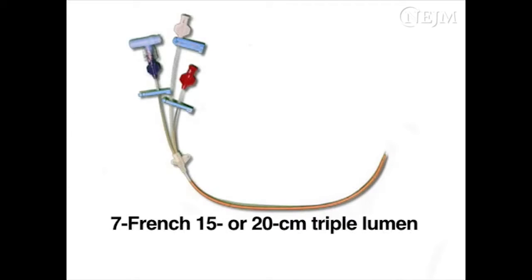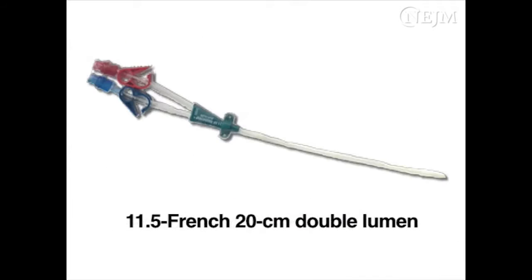There are numerous types of central venous catheters to choose from. 7 French triple lumen catheters of either 15 or 20 centimeter length are most commonly used in adults. For resuscitation or dialysis, large bore catheters are preferable since there is less resistance to flow than the smaller bore